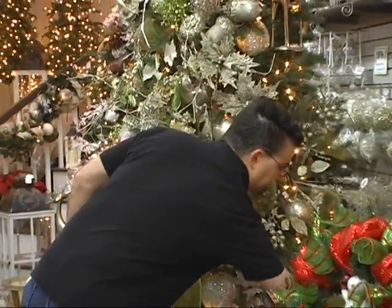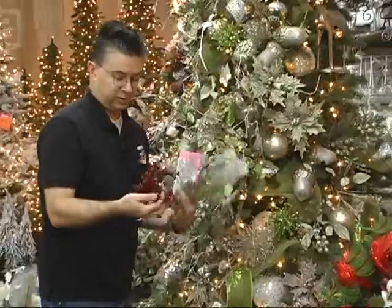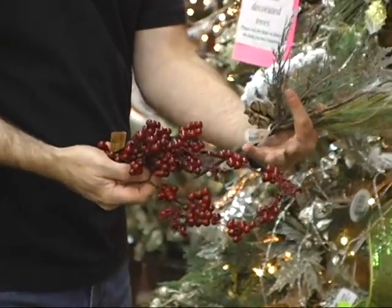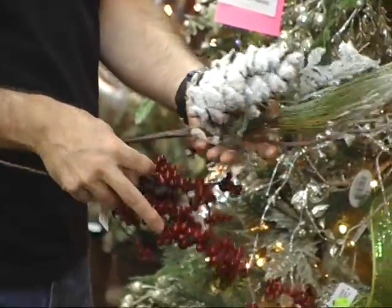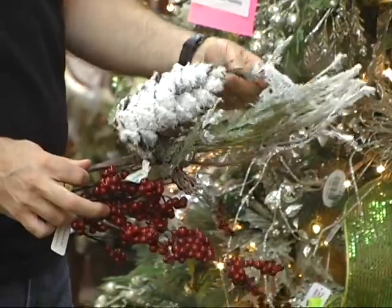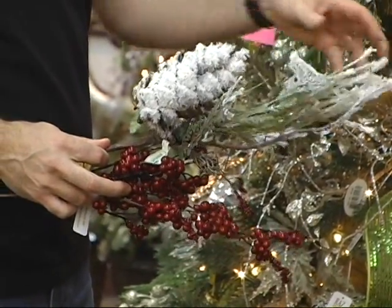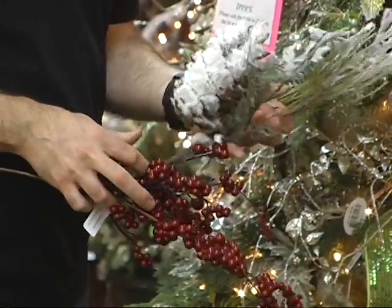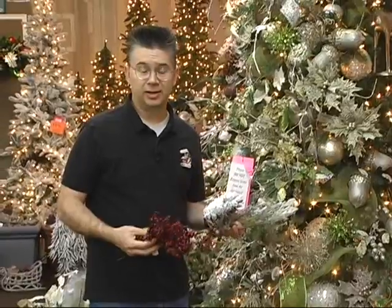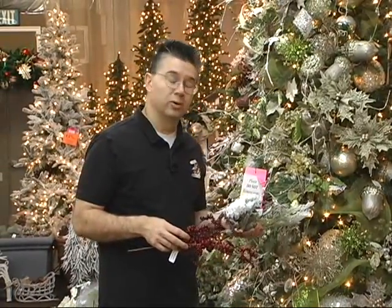There's a lot of different ones that we could use. We could use something like, of course the berries don't go with this tree, but we've got picks that have berries and pine cones, maybe a little bit more woodsy, natural look to them. Like this one's got a nice big snowy pine cone on it, and a little bit of different mixed evergreen with a little bit of snow. And there's tons of different ones that we have available here at Anderson's to add a little bit of color, add a little bit of variety, add a little bit of texture to an existing tree or a wreath or a garland,